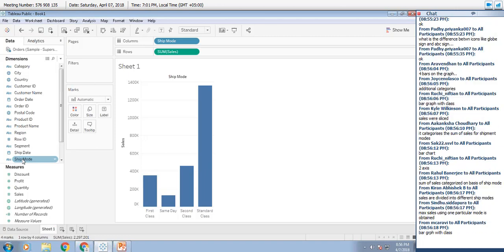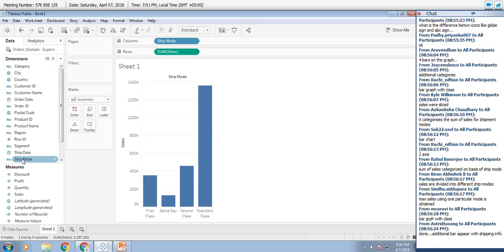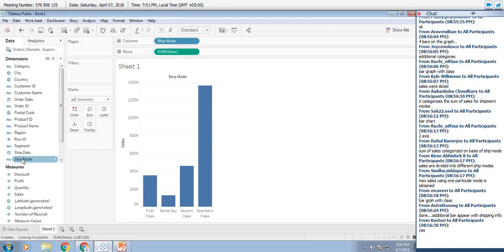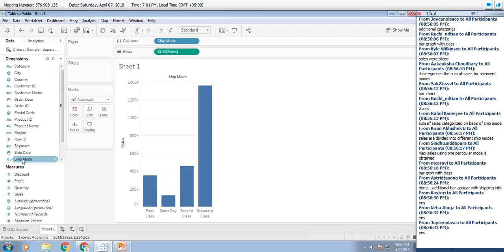The sales bar graph, which was just one bar, got split into 4 bars, right? Sales, which was earlier as one bar, got split into 4 bars.